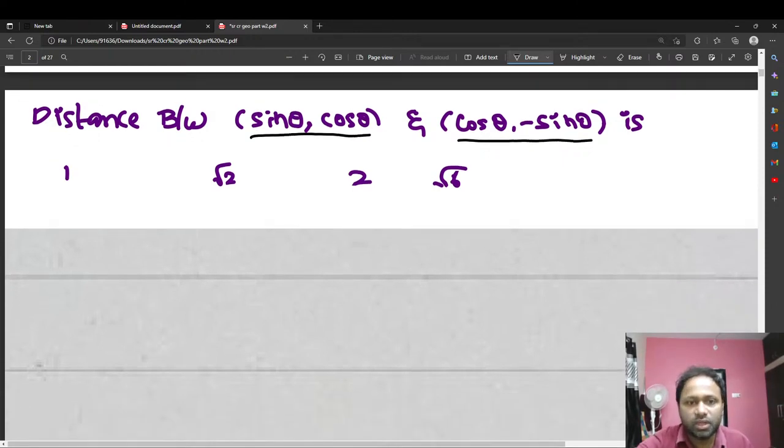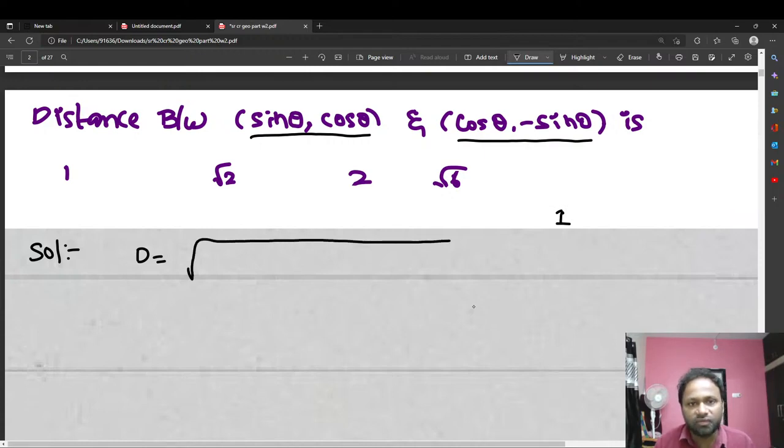So I'm going to do the answer solution. One person says the answer is 1. Let us see the distance, whether it is correct or not. I will check. D is equal to the square root of (x2 minus x1) whole square, or (x1 minus x2) whole square. Among these, sine theta